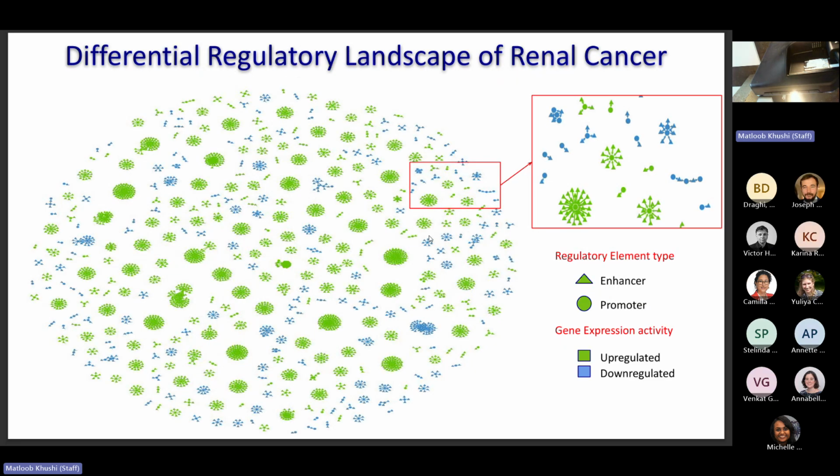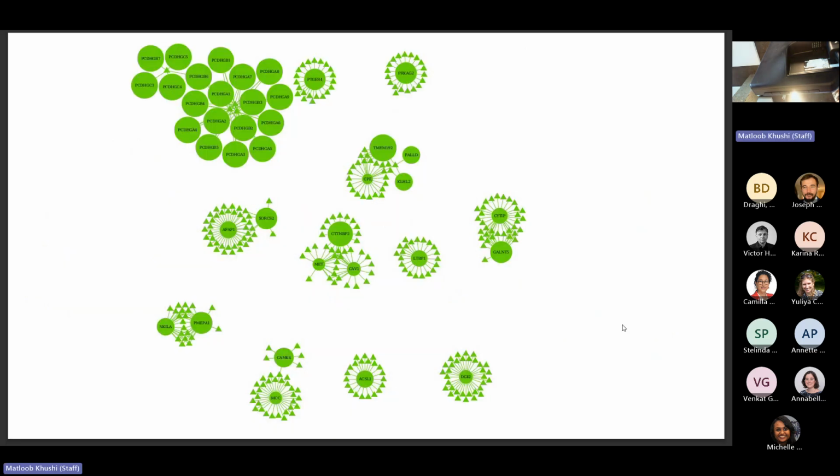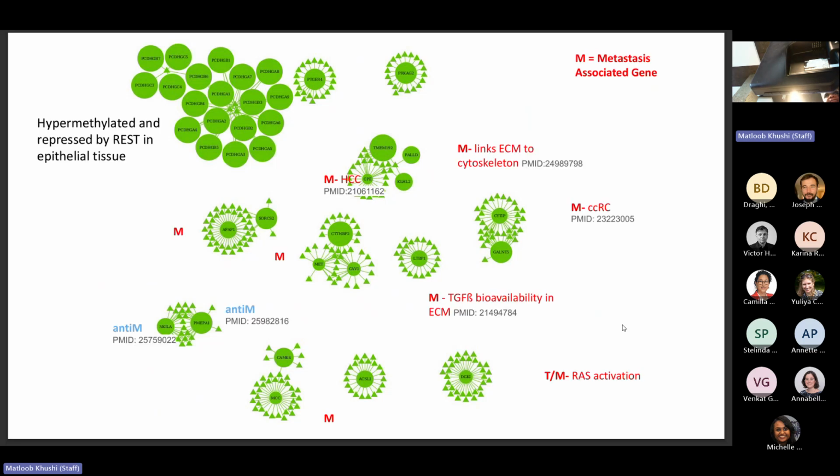And then we could build the enhancer gene network. And so this is what it looks like. The triangles are enhancers. The circles are genes or the promoters next to the genes. When we looked at some of these, we built our own text mining NLP method and text mined the 36 million PubMed abstracts and ran this gene list through it.